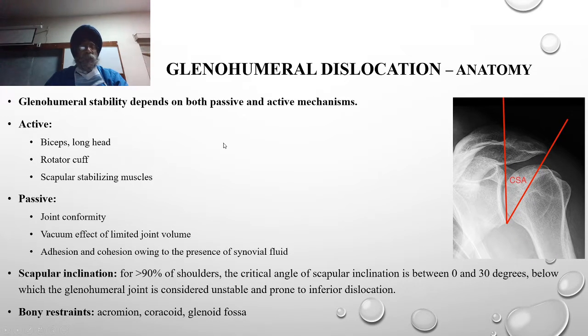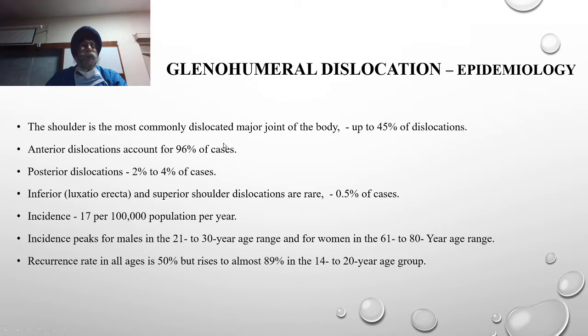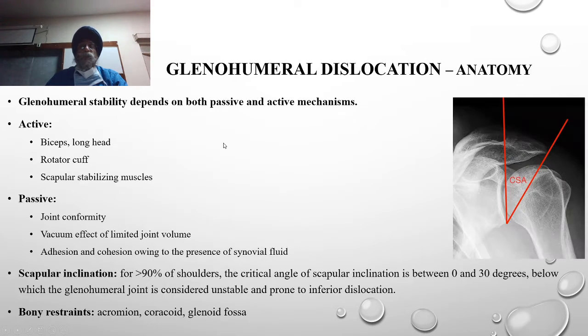Glenohumeral stability depends on the anatomy of the glenohumeral joint. That is, the glenohumeral stability depends on both the passive and the active mechanisms. Active mechanisms include biceps muscle, long head of the triceps, rotator cuff, and scapular stabilizing muscles. Passive mechanisms include